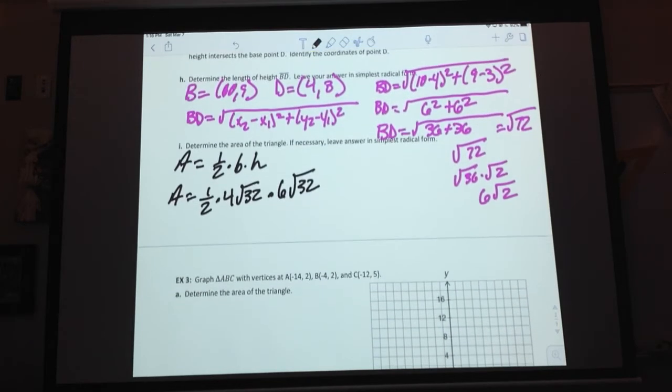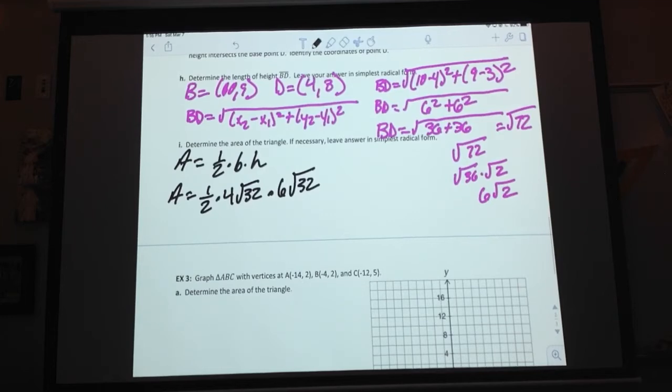And all of that can go into your calculator, as you can see. So, here we go. 1/2 times 4 square root of 2 times 6 square root of 2. When I put that into my calculator,